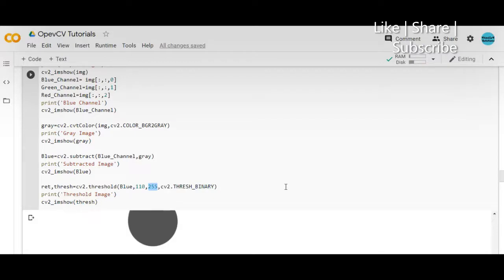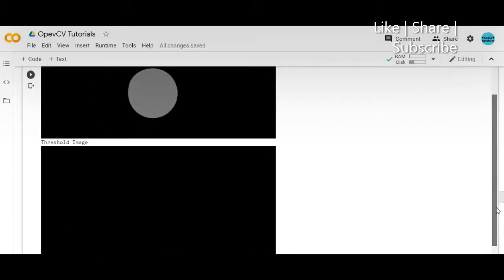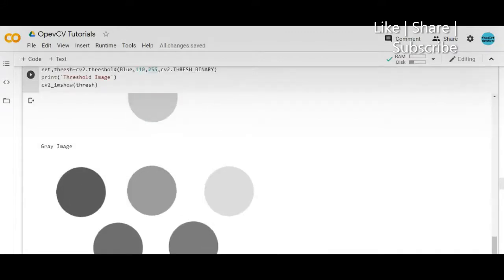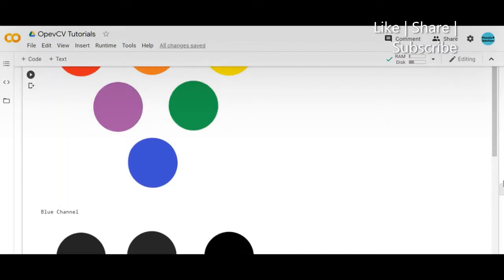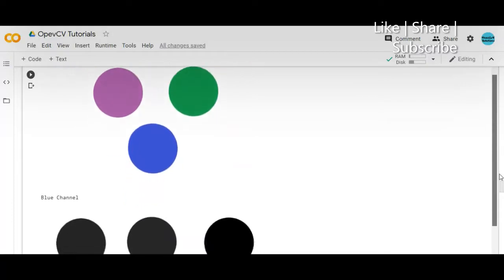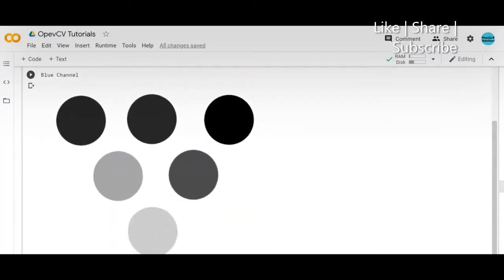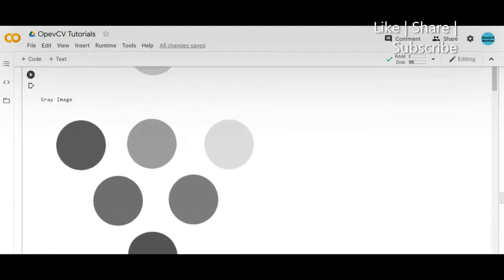So you can use this on any color image, and once again if you want to just see the result, I can just go through it pretty fast. This is the color image input that I have taken, which is just colors of different circles. Then I am extracting the blue channel. Whenever I extract the blue channel, wherever the blue pixels are there, they will become closer to white, as seen here. So this particular area is becoming white, and then I'm converting to a gray image.